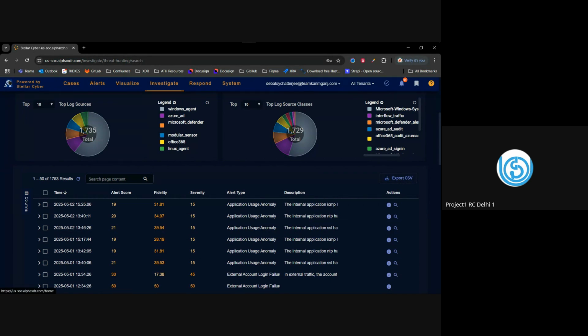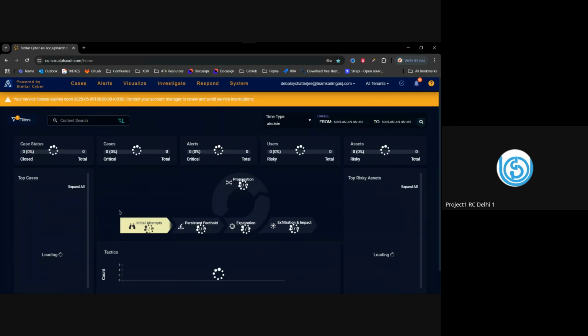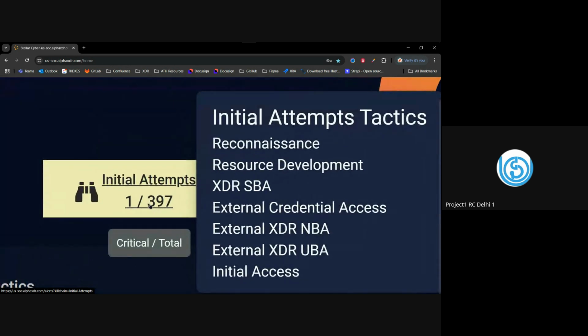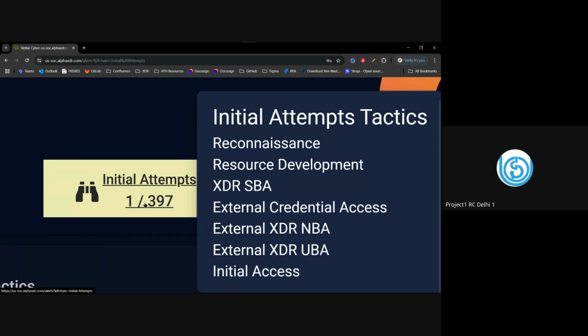For example, if I go back to the home page again, I can see it has labeled something. See, when I hover over it, there's something known as 1 out of 397. So 1 is critical and there are a total of 397. So only 1 is a critical hit. It was able to label that data. It was able to predict that, right? So there's some ML model going on that is able to understand this huge amount of data. And it's saying that out of all the logs that you have sent me, only one of them seems critical. And if I click on that,